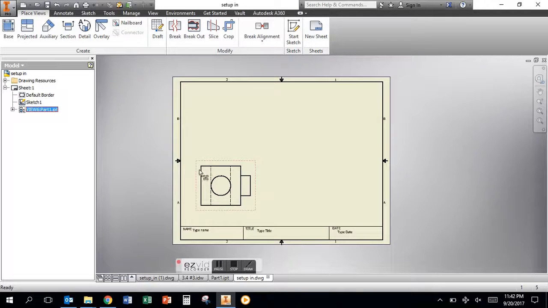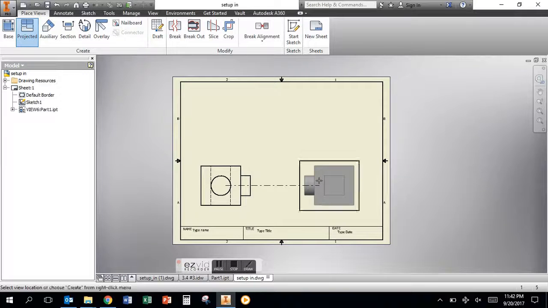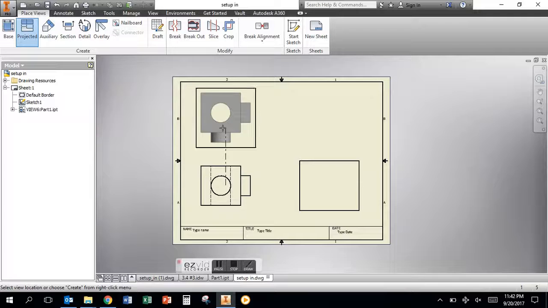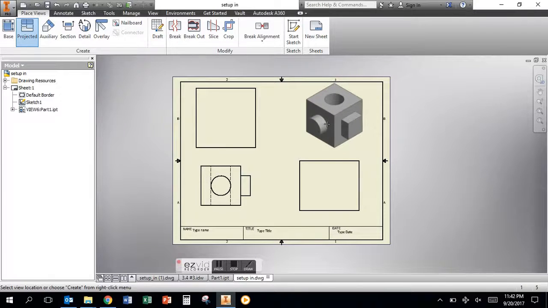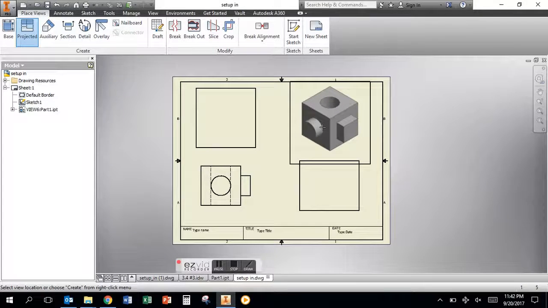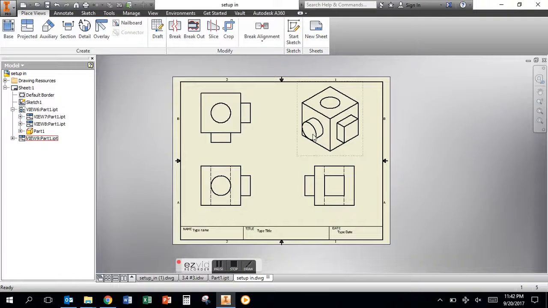And we want a couple other views of this, so we're going to go to Project, which projects another angle. We're going to left-click there, then project up and left-click there, and then go to the upper right-hand corner and click there. Once we've clicked 3 times, we're going to right-click, hit Create, and they all should appear. So we're going to add a few more things. We're going to go to Annotate,